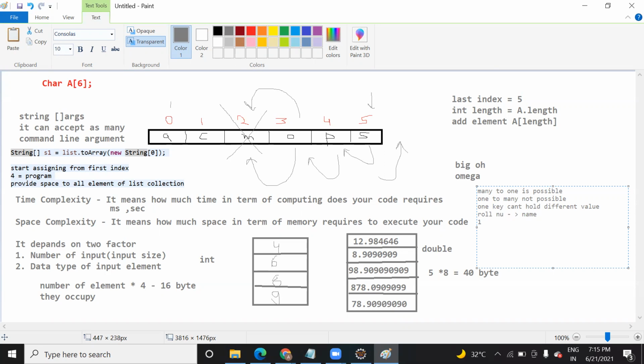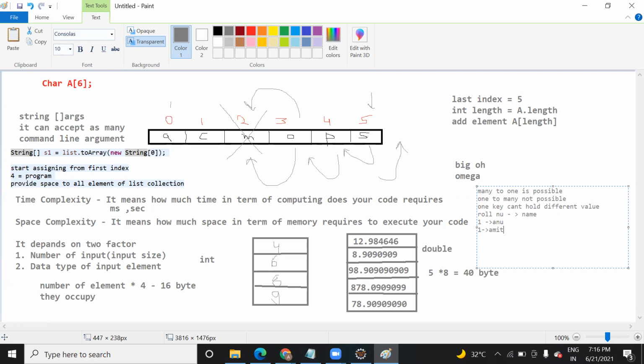Roll number one having name Anu, and roll number one having name Amit. Is it possible? No. Correct. Because two keys cannot identify different persons.